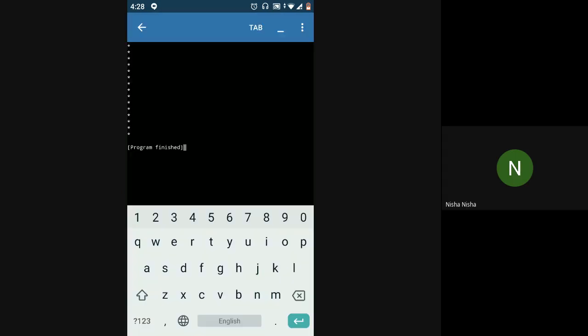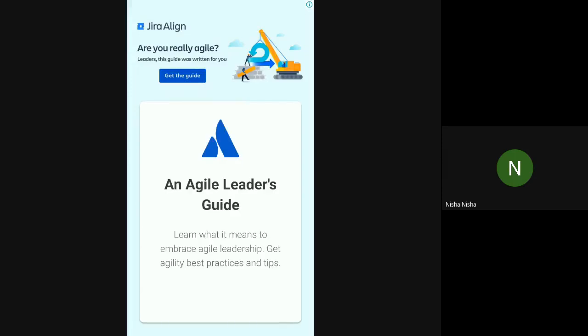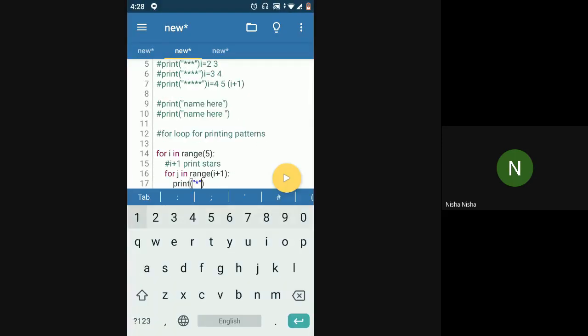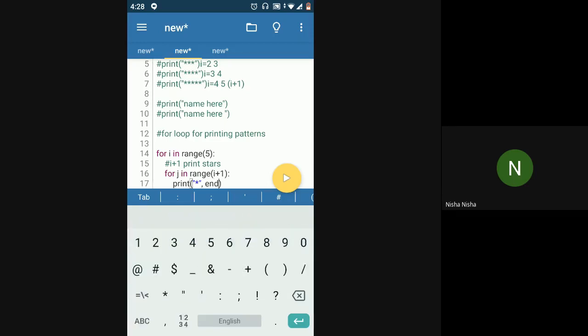So if I run this, all the stars are coming in one single line. So I don't want that, right? So what do I want? I'm just going to say after this, I'll say end is equal to,